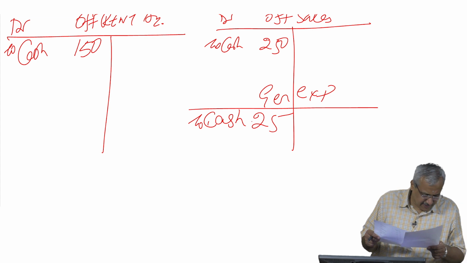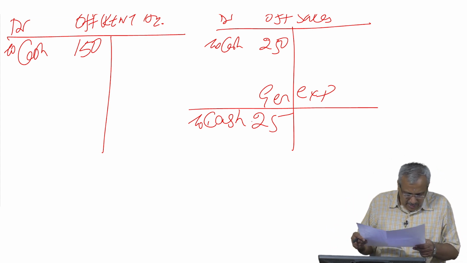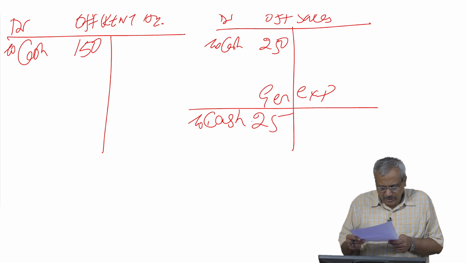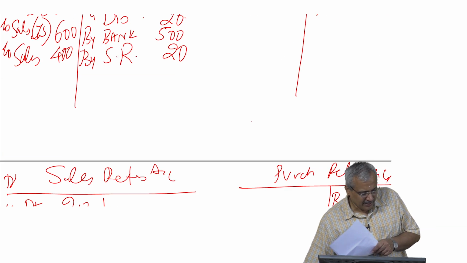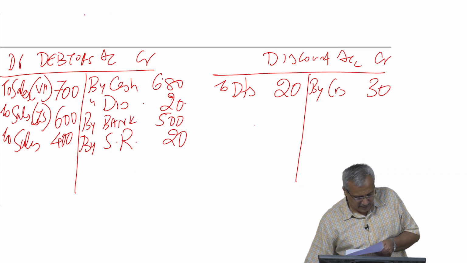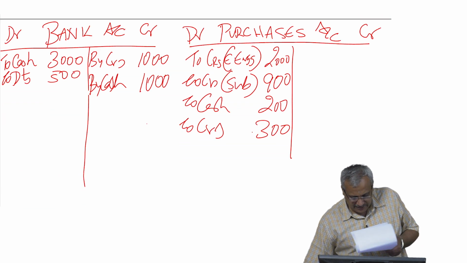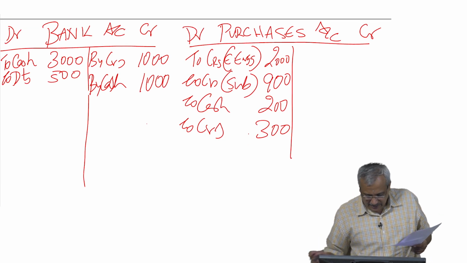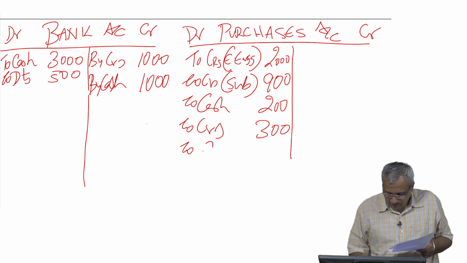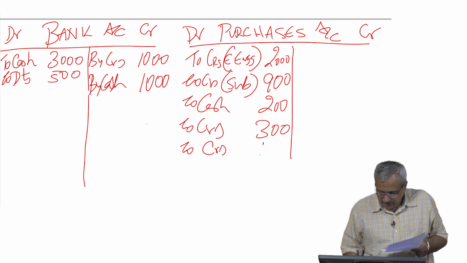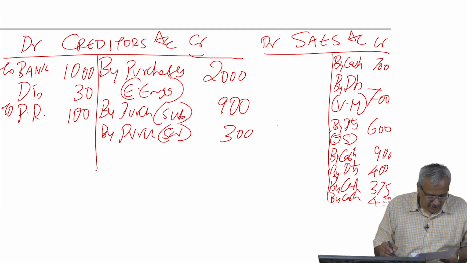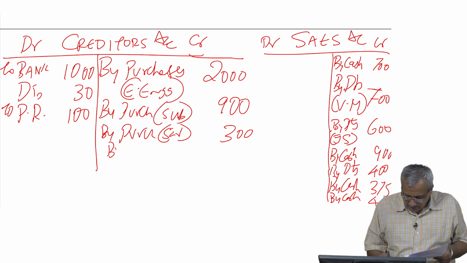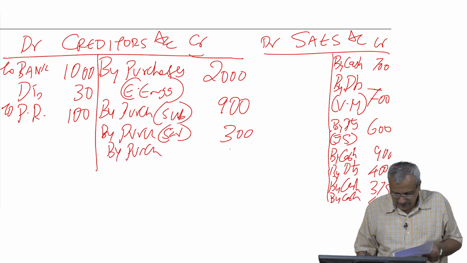Next I say 26th transaction, purchase goods from Abidali rupees 100. So what did we say? In this particular case, the entry was purchases account debited to creditors account. My purchases account has been debited to my creditors, in this case Abidali, that is 100. Then I go to my creditors account. Creditors account has been credited by purchases to the extent of 100 rupees.